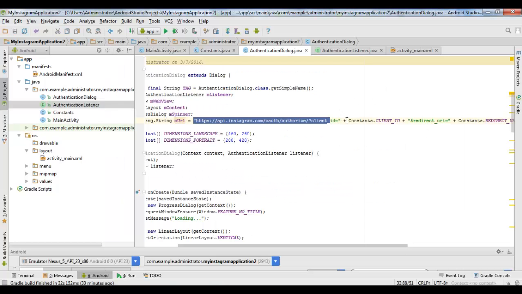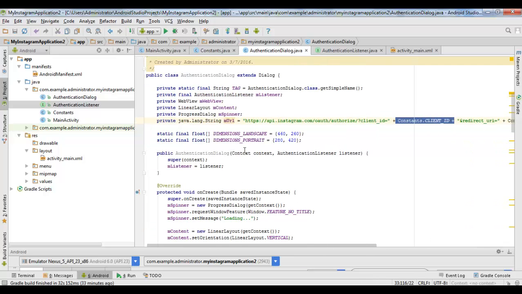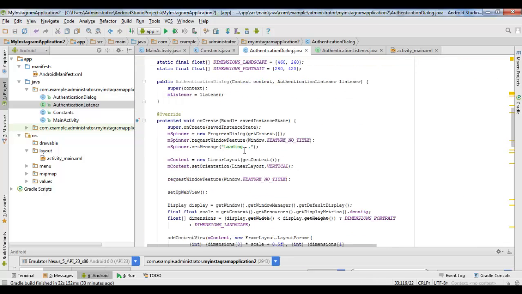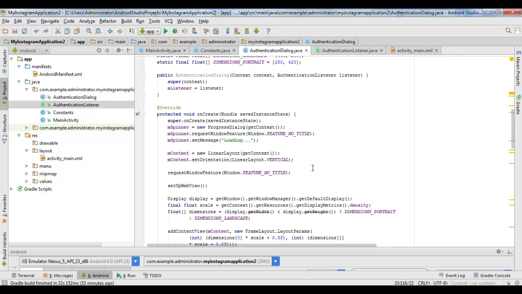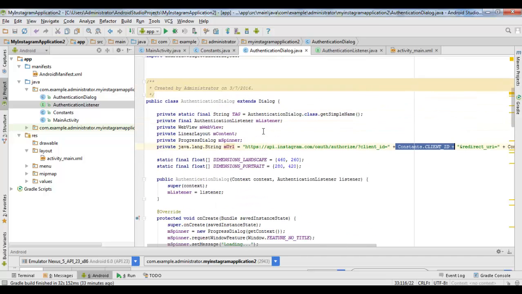And I pretty much just inserted the missing information. And what this dialog is doing is, look, you don't need to know the entire detail. I cannot stress this enough, okay? But if I were to give you a very little overview of what's going on, you can imagine that this authentication dialog,